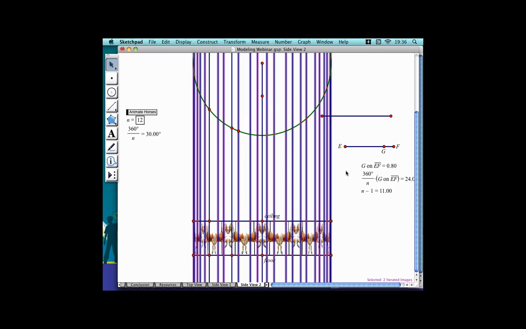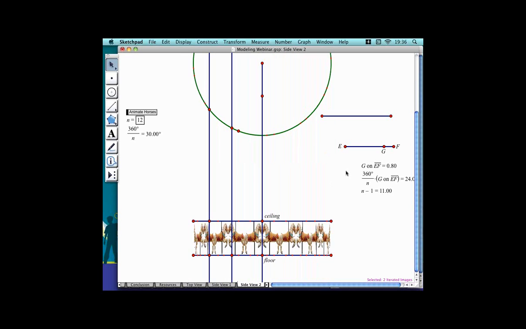So I'm going to start with all these vertical lines, the parallels that I made, and press the delete key and get rid of them. Okay, I still have my horses. That's not bad. And I've got some intersection points here that I use to place my horses. So I'll select them and press delete. And the horses are still there. So far, so good. And I've got some more such points, and I'll delete them. And now I pretty much have exactly what I want,